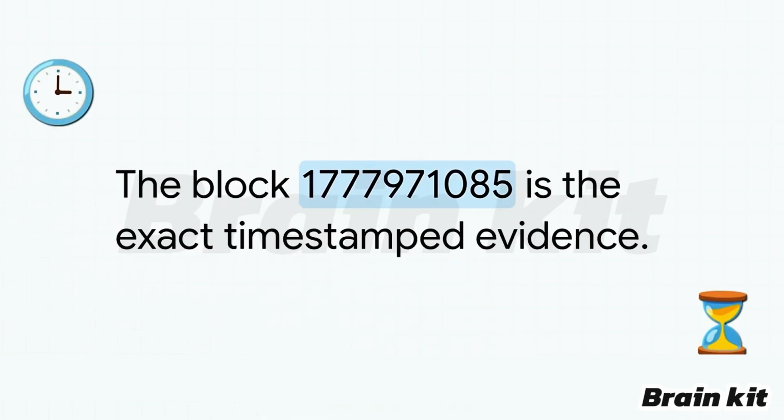Moving right past those colons, we focus on the central numbers within the identifier, the numeric block 1777971085. In system logs, a sequence like this is rarely ever arbitrary. This is actually the exact timestamped evidence of the verification event. It marks the precise second in digital time that your browser knocked on the door and the checkpoint fired up its scan. It's basically the ticking clock of your passive waiting period, forever frozen right there in the text.